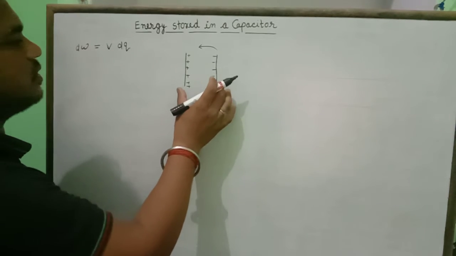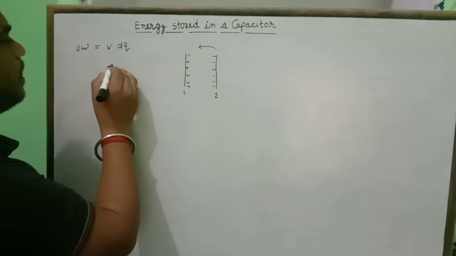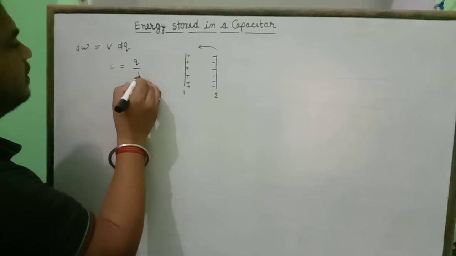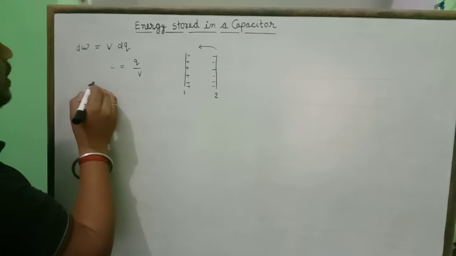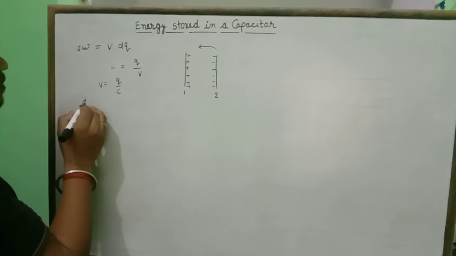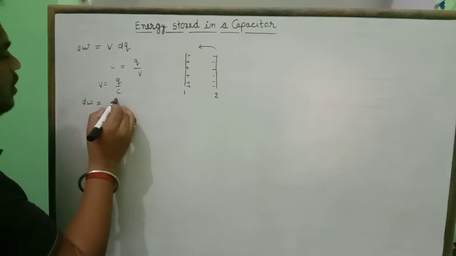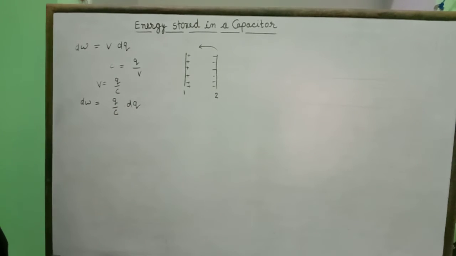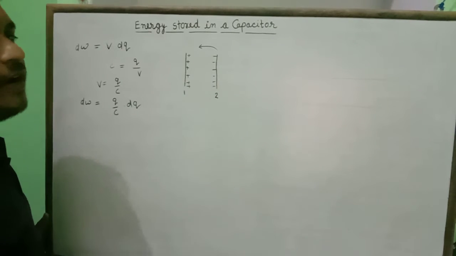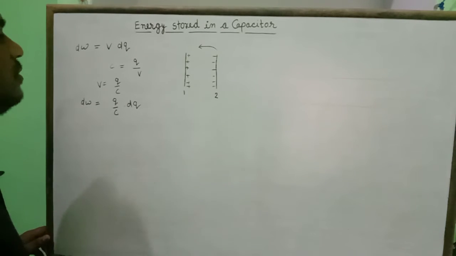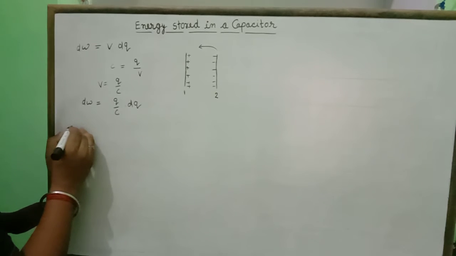And if the capacitance of this capacitor is C, then C is equal to Q upon V. It means V is equal to Q upon C. Now the small work done dW is equal to Q upon C dot dQ. To determine the total work done during the charging of a capacitor, or transferring the charge from one conductor to the second conductor, the total work